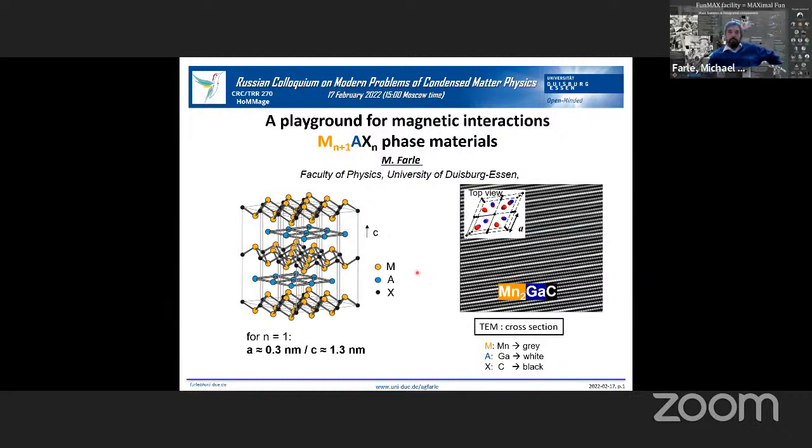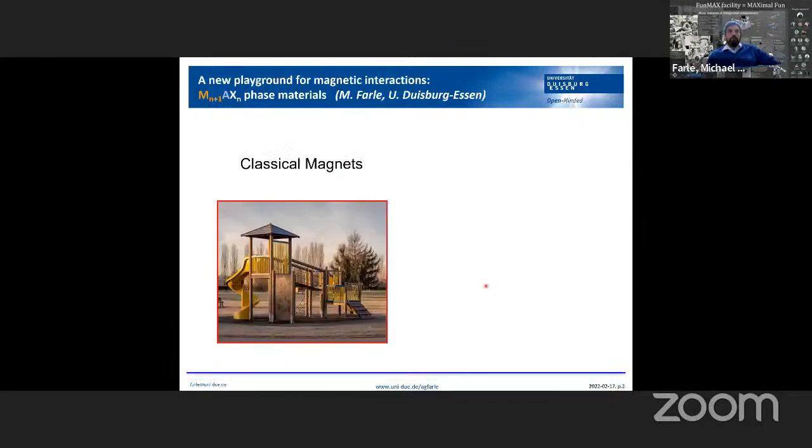Okay, but what does it mean, a playground? When you look at classical magnets, you might have a picture of such a playground. Well, you have structures, geometrical interactions, crystal fields, you have an environment, and nowadays it might look a little bit dull because it's a classical magnet, and you should have the words topo, nano, and something like that in there to make it more interesting. But I will convince you that classical magnets are very important for our daily